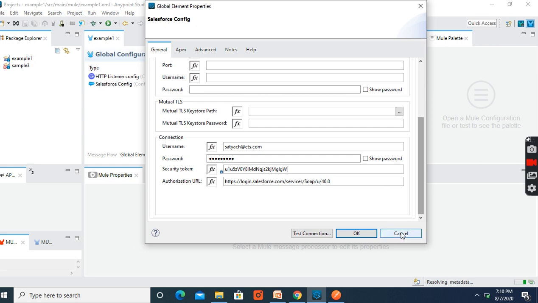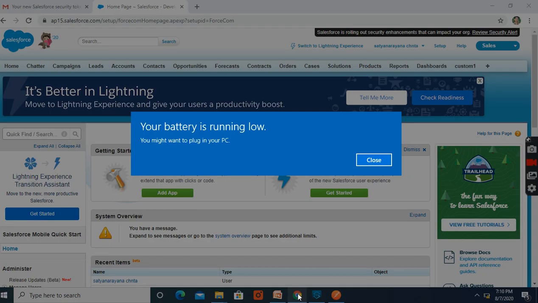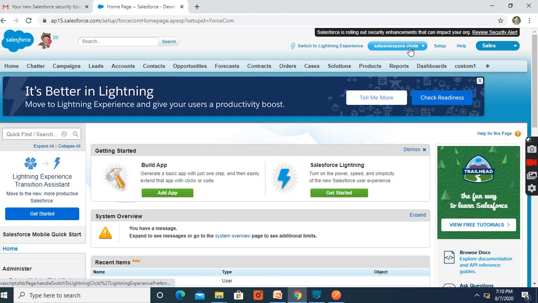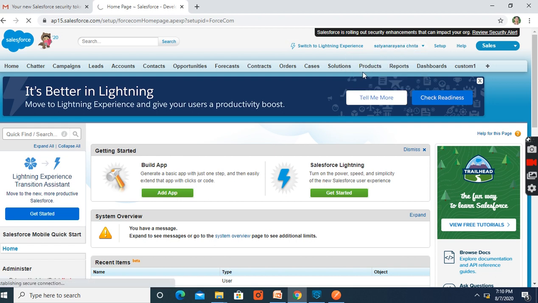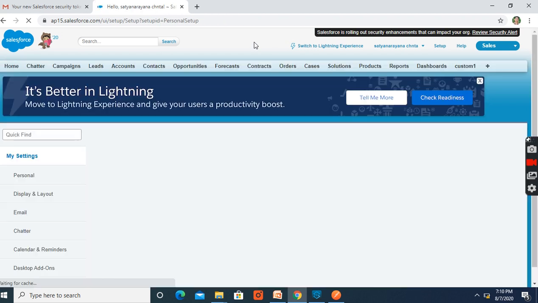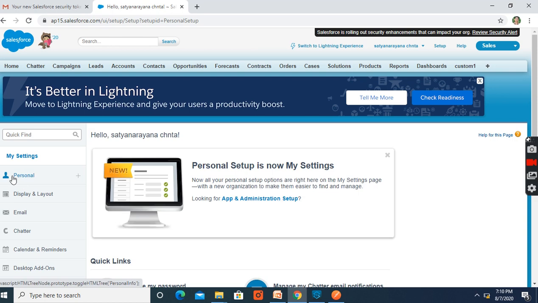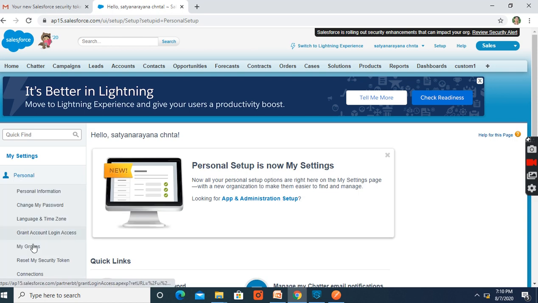Okay, let me just cancel it. Now to get this security token from the Salesforce application, go to settings, my settings. On the left hand side you can see Personal. Click on this one. In this you have a reset security token option.